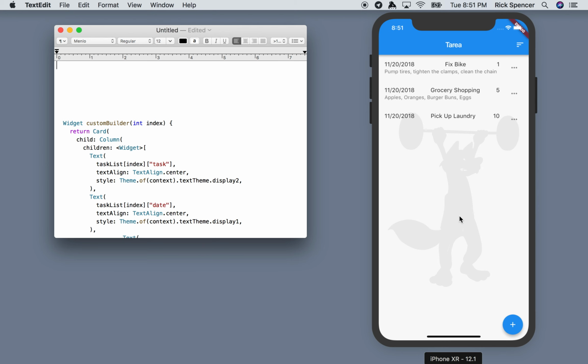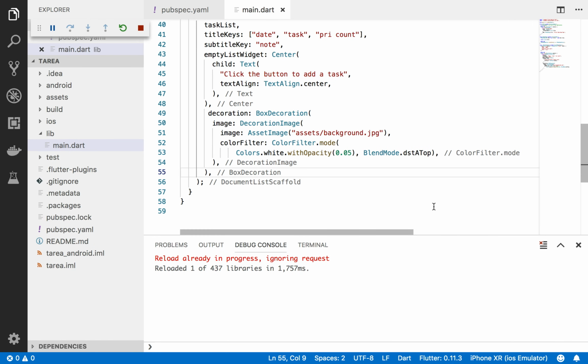So that's a nice little customization that you can do to brand your app. Of course, you can set the color. You can do all kinds of things. You can set color and everything there if you want. Like I used white. I could choose another color here. But